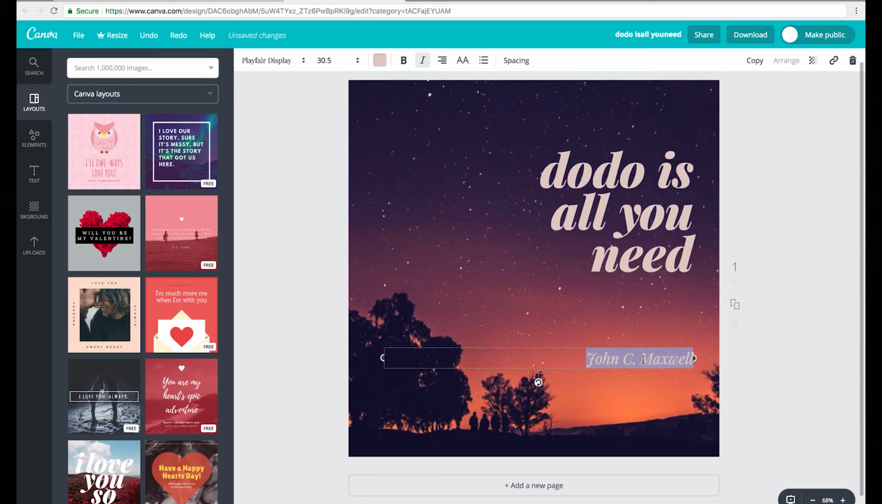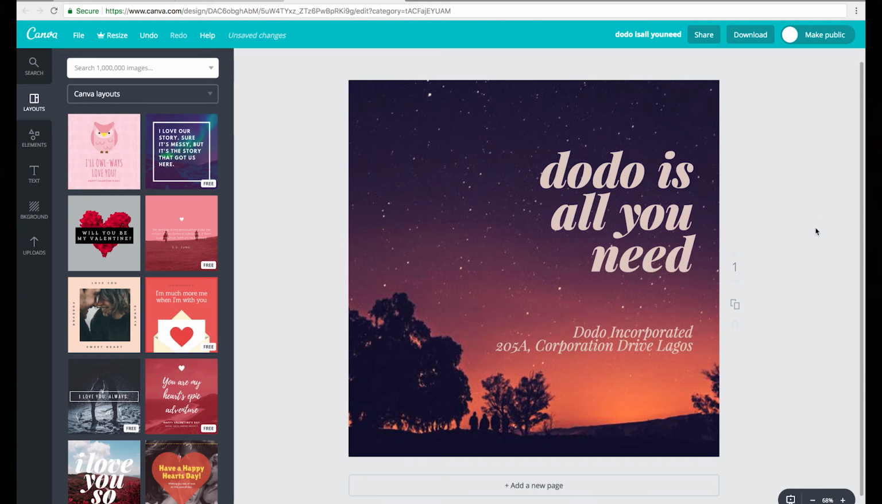And for this section here, what I'm going to do with it is to change it to my address. I'll change this to my company, and then just put our address here, 205A 205. And actually, I think I'm going to add our website as well. You know, such that wherever anyone shares this creative and they want to find us, they can easily do that. So